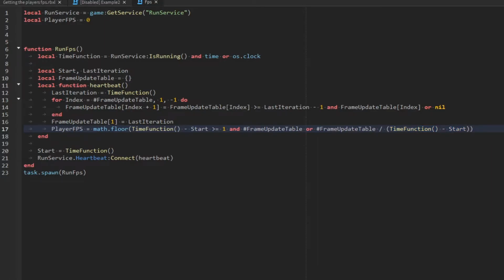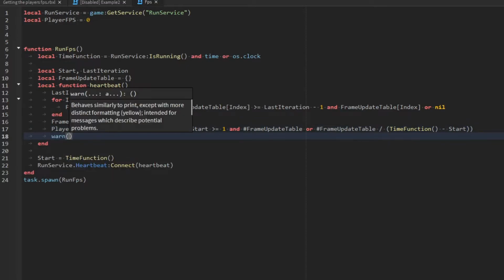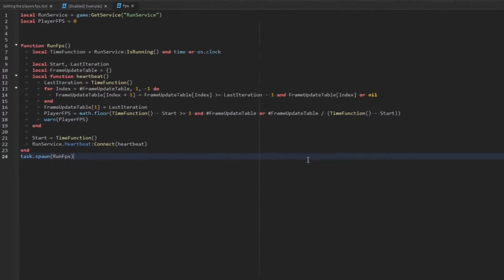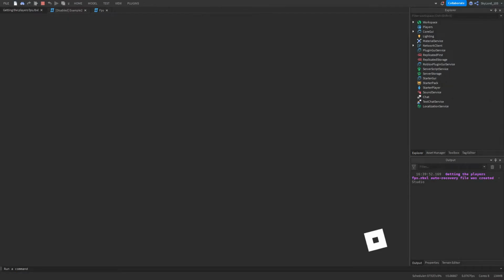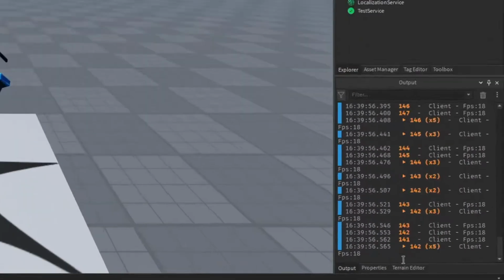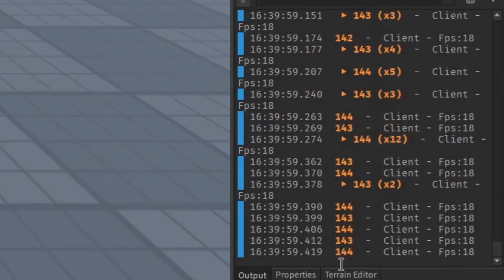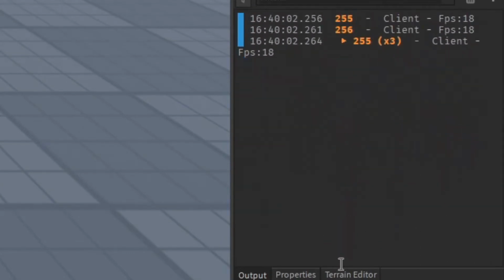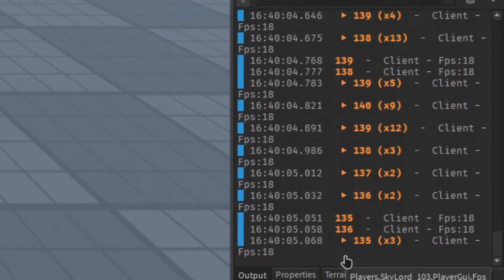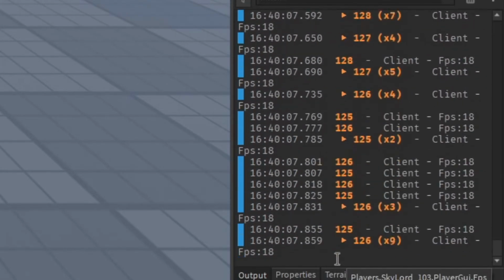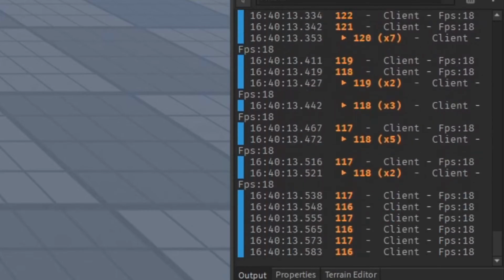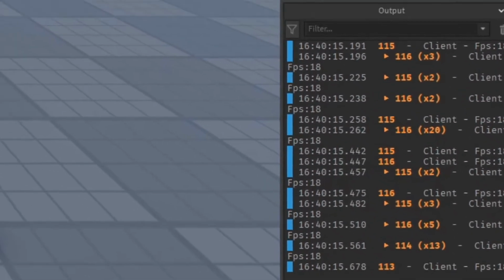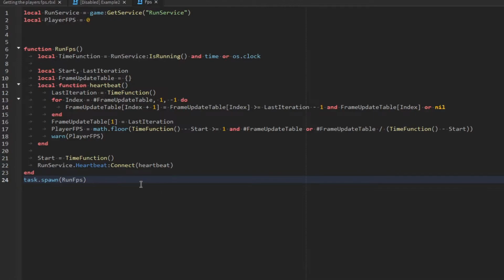And now under this line I'll write warn(playerFPS). Now we can go play test this to see if it has worked. And now if we look here in the console, if I clear it a couple times, I'm getting about 130, going down in frames because I'm printing to the output so many times. So that's working so far. So now if we stop,